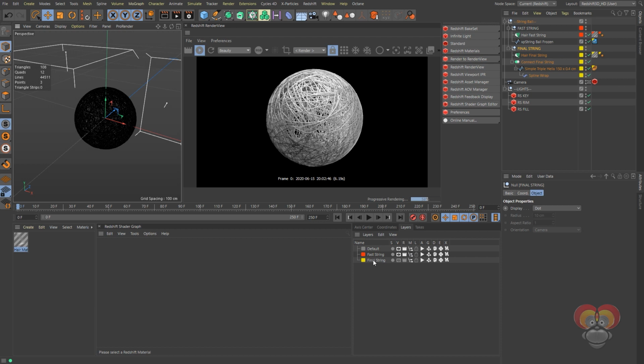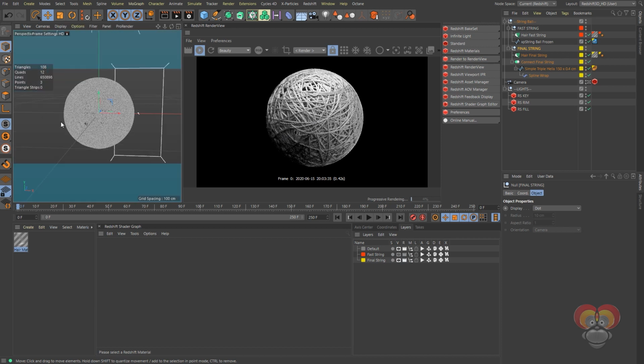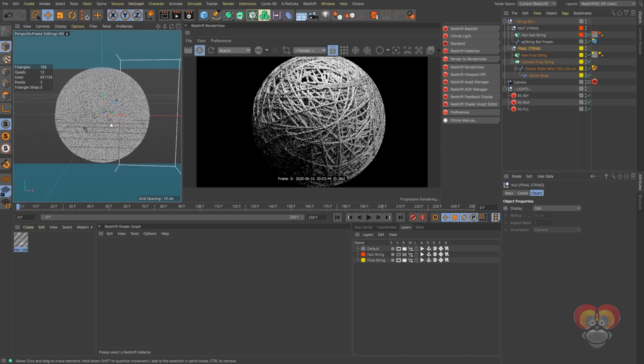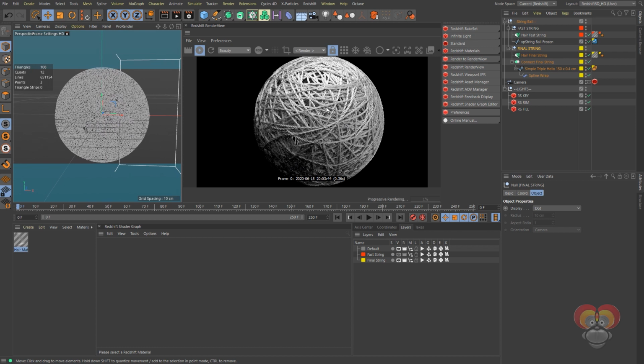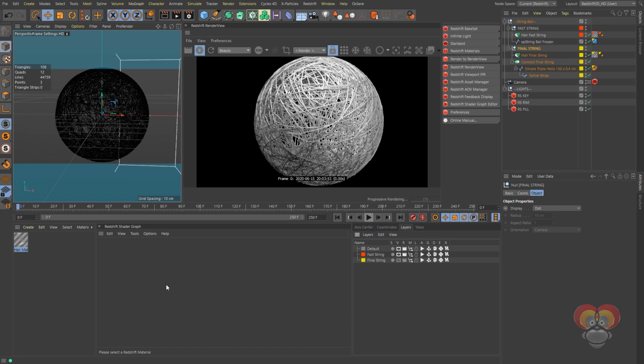So if I wanted to up the ante a little bit, I can turn off my fast string, turn on my production string, and you see this has got the triple helixes. So this is a little bit more representative of my final look, and so I really can test whether my lighting and my material settings are working with this. So if I just jump back to my fast string for a second to keep things super responsive,